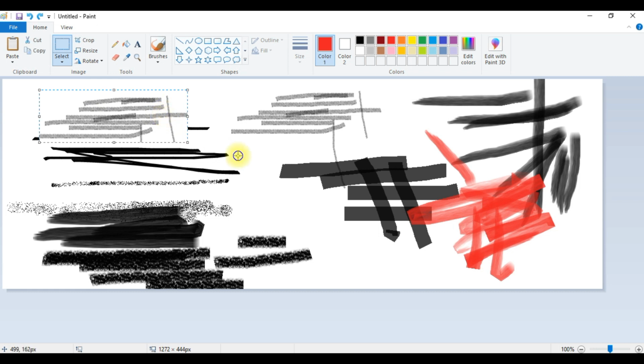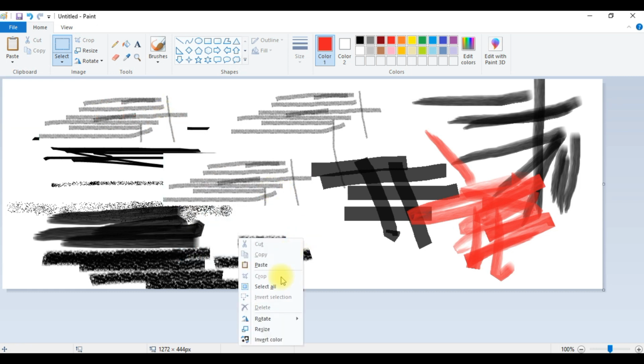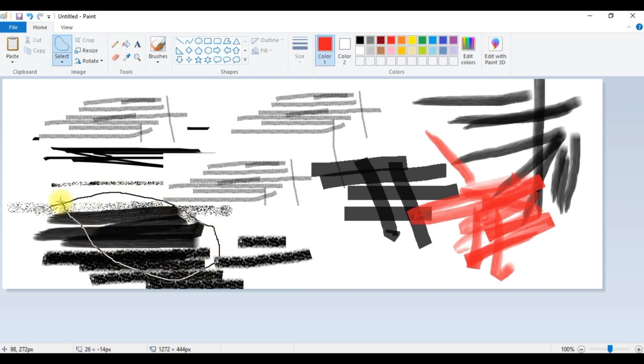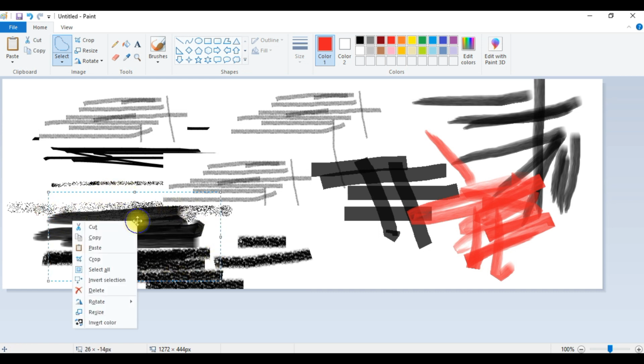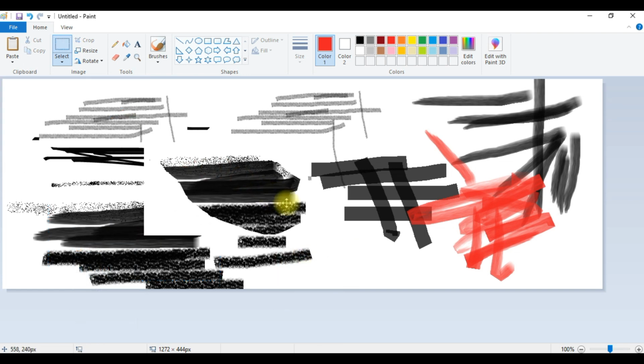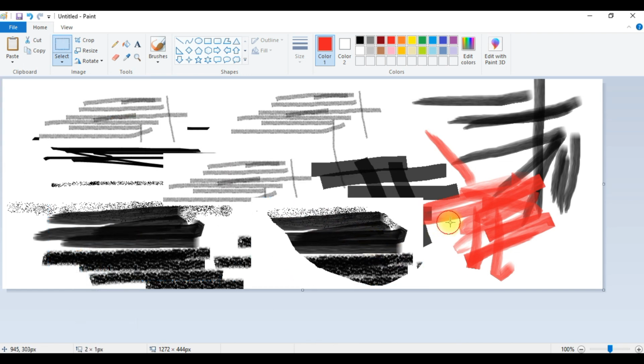So like that we can get as many as you want. This is the feature of grabbing. You can crop that picture, and in the free transform you can select the area. Copy and paste it, so you can get like this.